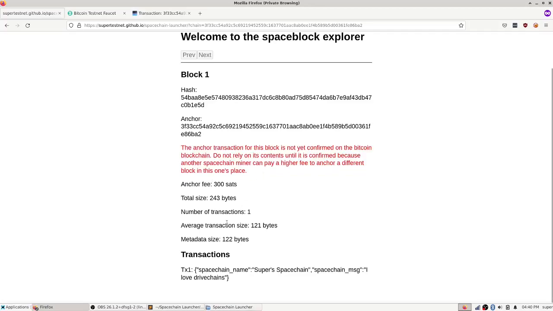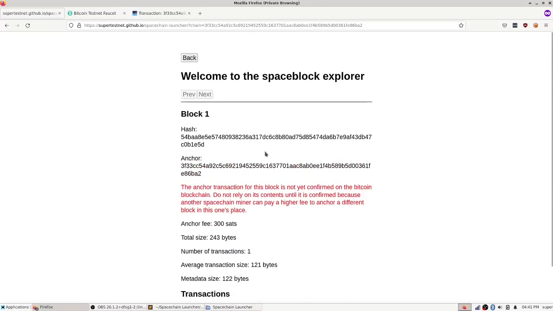But now this extra block here, this is not included in Bitcoin anywhere. Other than its hash right here, the rest of this stuff is not included in Bitcoin. So Bitcoin doesn't know anything about this transaction. It doesn't know how many bytes this sidechain is. Bitcoin doesn't know any of this stuff. But yeah, the hash of it is in Bitcoin. And that's cool because